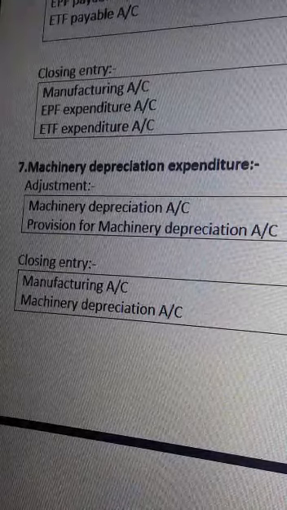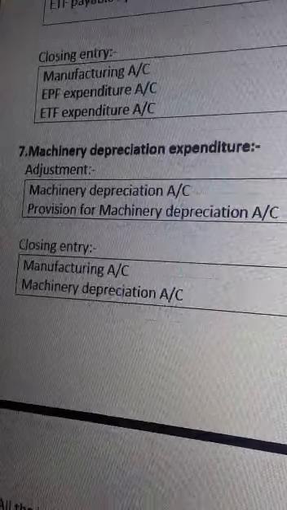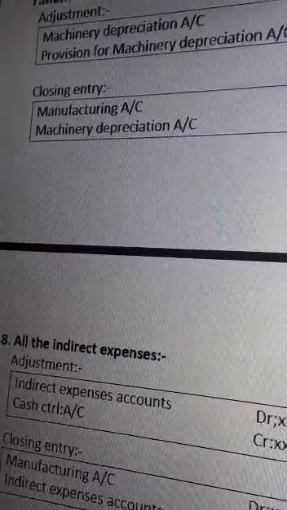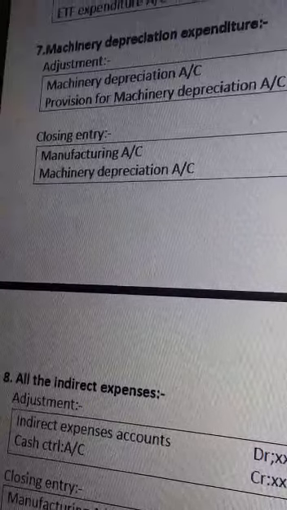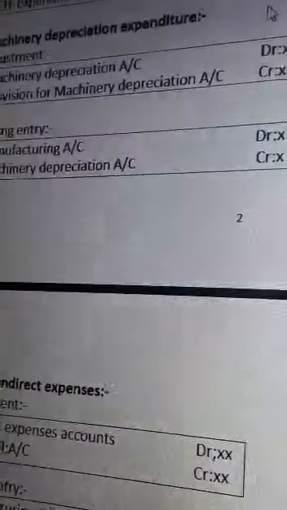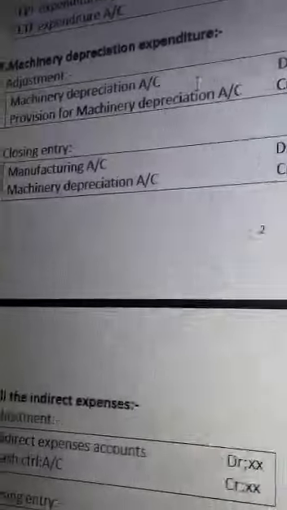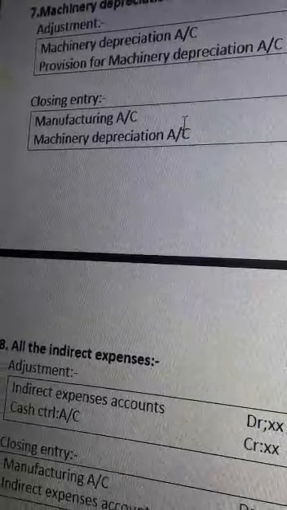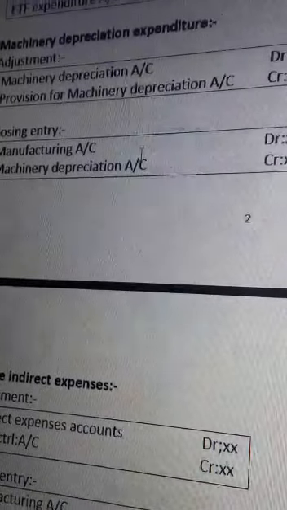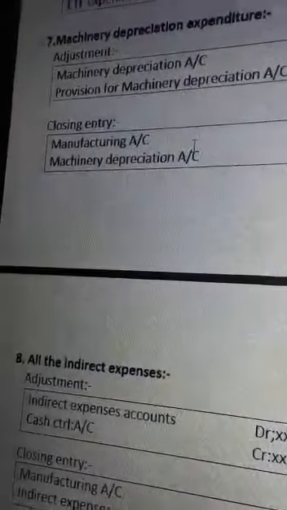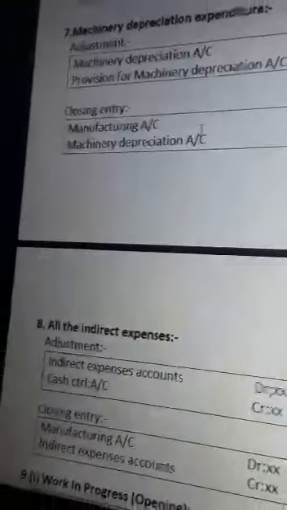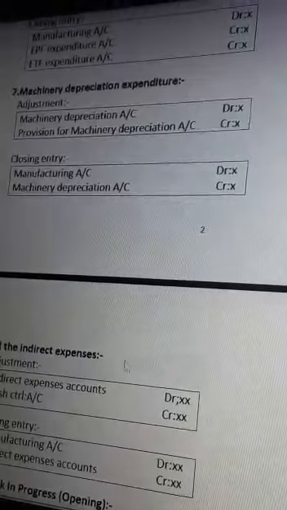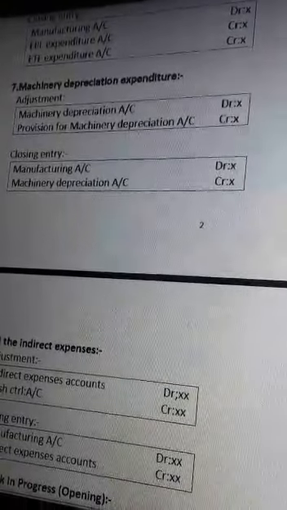Seventh double entry. The most important thing here is machinery depreciation expenditure. Adjustment, as everybody knows, usually machinery depreciation account debit, provision for machine depreciation account credit. The important double entry here also: manufacturing account debit, machine depreciation account credit, which is charged under the production overhead. Manufacturing account debit, machinery depreciation account credit. 8th double entry,